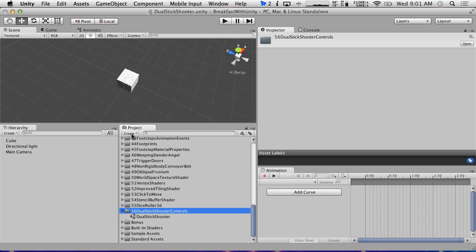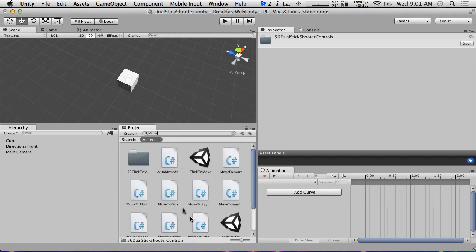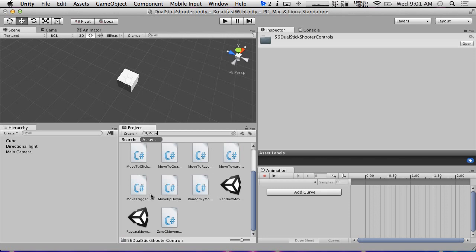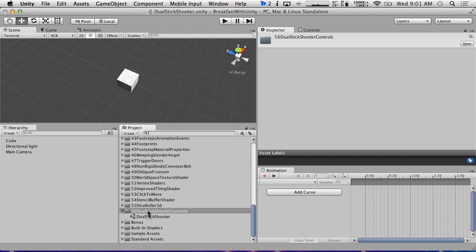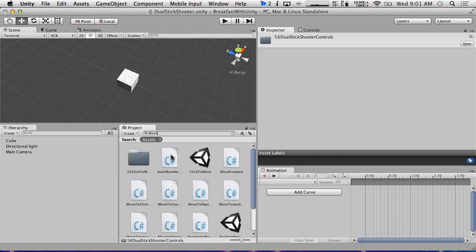I was kind of shocked. I was looking in here and I looked for move, and we don't actually have a basic move in any direction. We have a move up and down that we did once, but we didn't actually do one of our most standard movement things. So I'm just going to call it move in